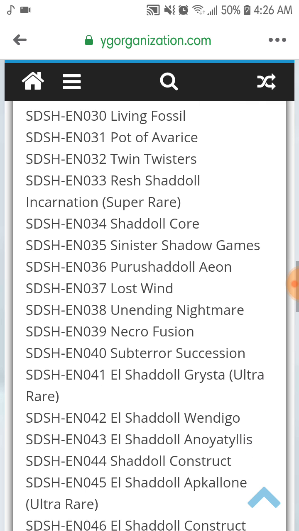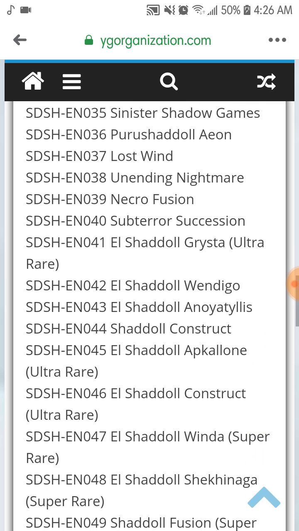And, I mean, look at the ton of fusion monsters for the Shaddolls. We have the Shaddoll Fusion lineup here. We have every attribute and every monster fitting for that attribute. Wendigo, Anolatilis, Construct, Ala Capone, Winda, Shiginaga. So you have the entire lineup with Greista, because oops, I forgot him. But yeah, Greista is also in here as well. And even though some of these monsters do get a rarity debuff, it is nice to see them here